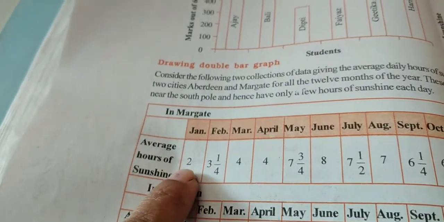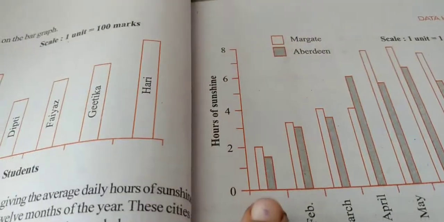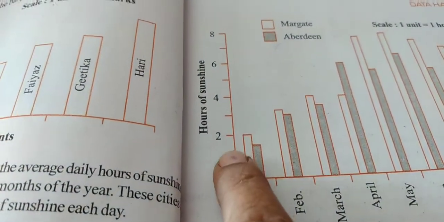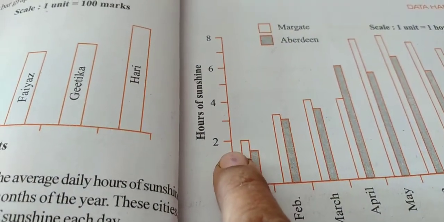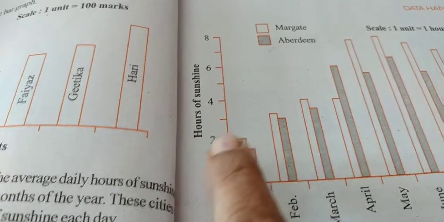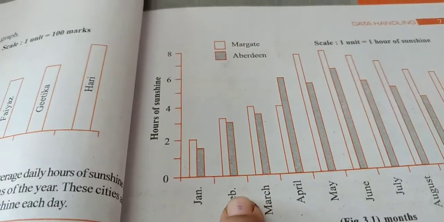Okay, January, Margate 2 hours, and for Aberdeen it's 1.5. So you can see how it has been taken 2 hours, and the shaded one which shows sunshine hours for Aberdeen, it's 1.5. 1.5 means it's marked between 1 and 2. The bar is going to be thinner in comparison to the thicker ones in single bar graph. Okay, in the same way